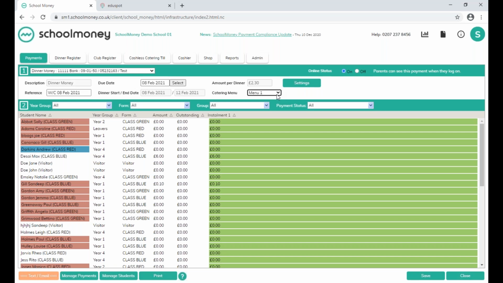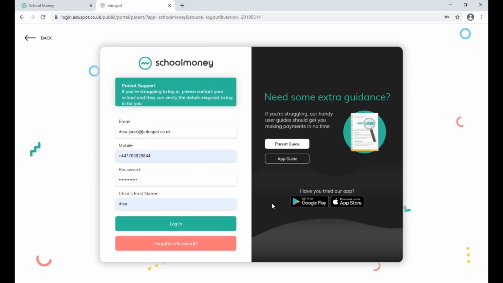What I can now do is actually show you how your parents pre-book. So if I just click here, you will see the login page for your parents. As you can see on the right-hand side, we have our parent guide and also our app guide. The parents can also download our app for really quick and easy way of managing payments and pre-booking meals. All the parents need to do at this point is put in their email address, mobile phone number, password, and their child's first name. It's really important that the parents are using the same information that is actually stored in your school MIS. If I click login,